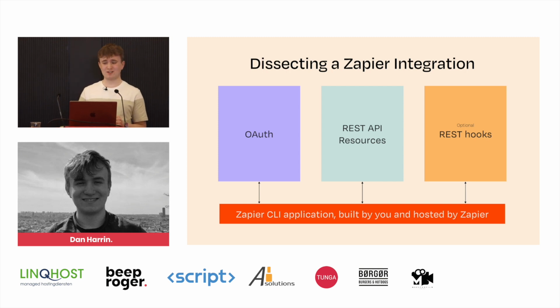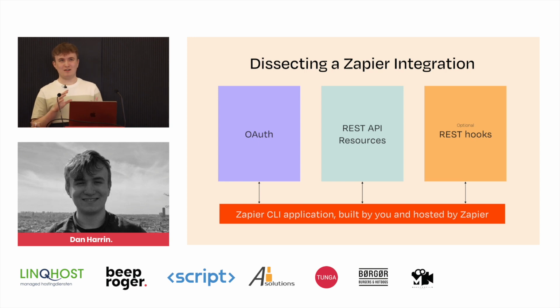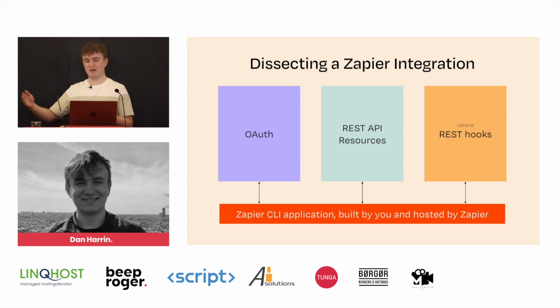And the third one is REST hooks. So REST hooks are a little bit of a complex topic. They require a little bit of explanation. The way that Zapier runs triggers usually is through basically hitting your index endpoint to gather a list of resources. And what that's going to do is Zapier is then going to store the IDs or the primary keys for those resources and check each time that API is hit if any new resources have been created in that time.